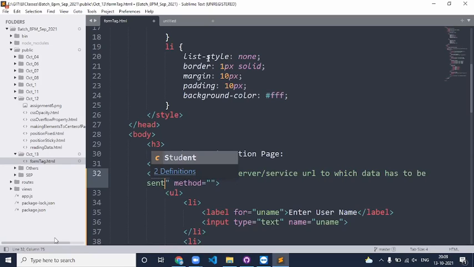How do you identify your local server? Localhost 8081. So anytime you want to identify any server or the service it is providing, we always make use of the URL. Every server is identified through its URL. Here, we need to specify the URL of the server to which data has to be sent.